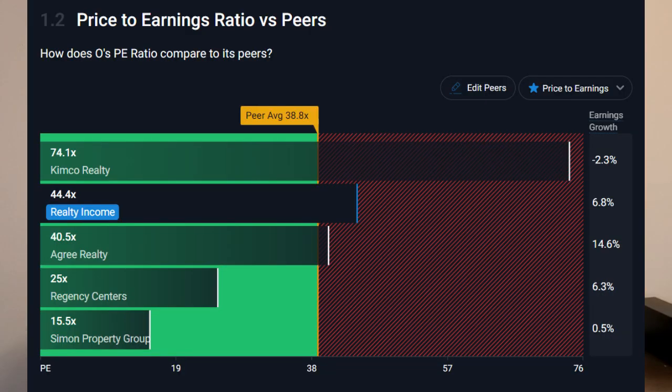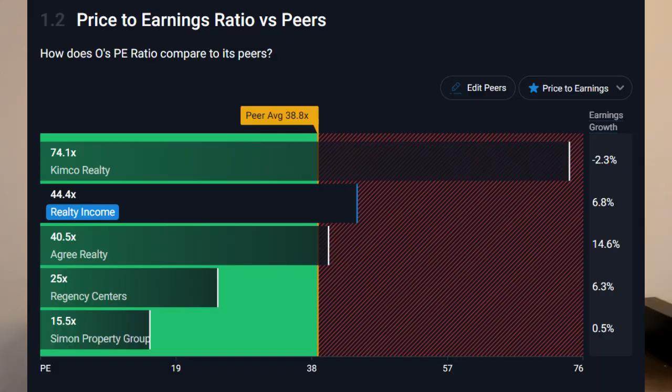Then there is the price to earnings ratio at 45, which is higher than some of its peers in the industry, like Simon Property Group, which we also own, at 15. A higher PE ratio means the market values the stock higher, but too high can be a bad thing if the share is overvalued. But as you can see, it's usually a forward-looking metric based off of its 6.8% earnings